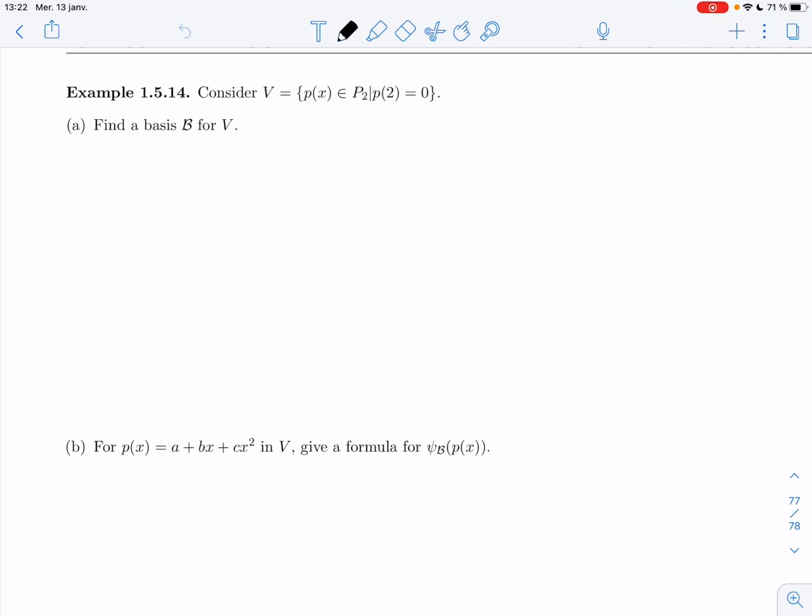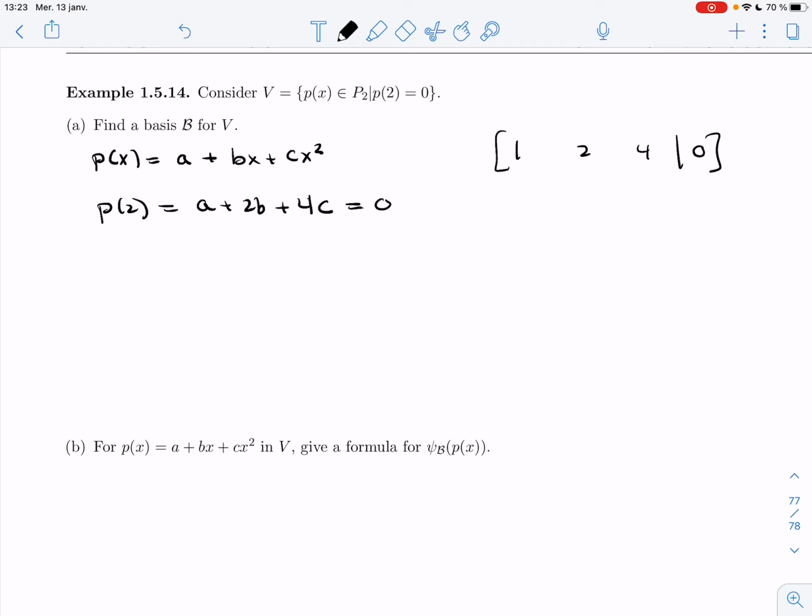So I want to find a basis for it first. I'm going to start with a polynomial of degree 2 or less like this. Then P of 2 is a plus 2b plus 4c. It's the x that I'm replacing. Sorry about that. And I want this to be equal to zero, so that gives me a linear system. Pretty simple one. It's already reduced. And so I'm going to get that a is minus 2s minus 4t, b is s, c is t, and so I will get abc